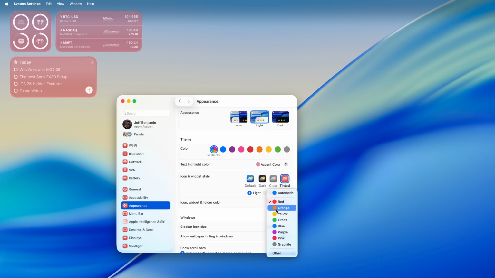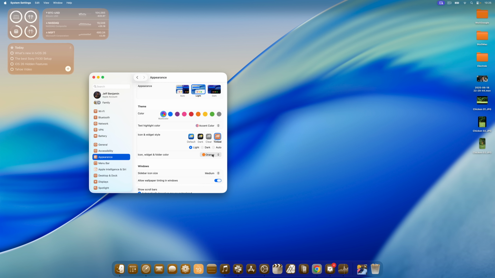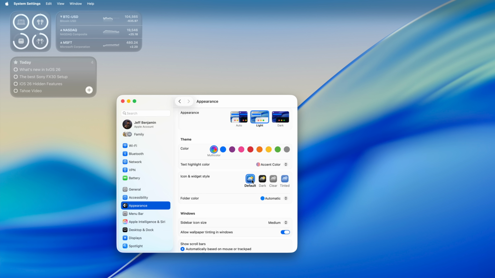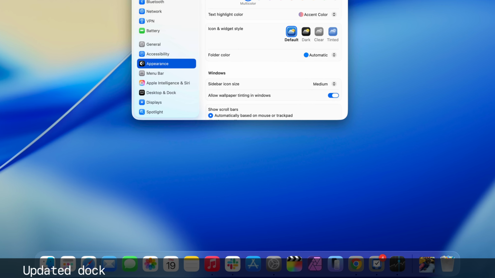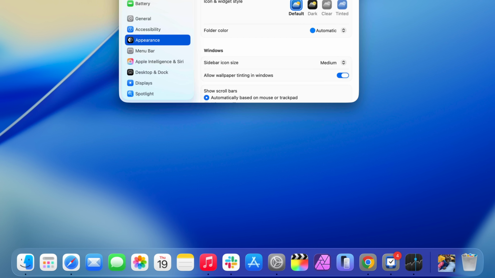So you can have it automatic to adopt your theme, or you can switch between all these various colors here. You can even go as far as to customize the color by selecting other. We'll show you that here in just a second. But like I said, it's not just widgets that are affected. We'll talk more about that. But first, let's look at the dock, because the dock has been updated, and it's a pretty striking update with